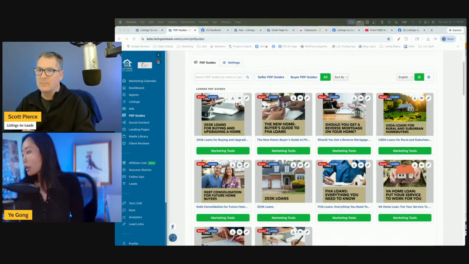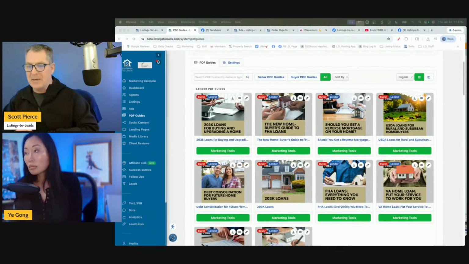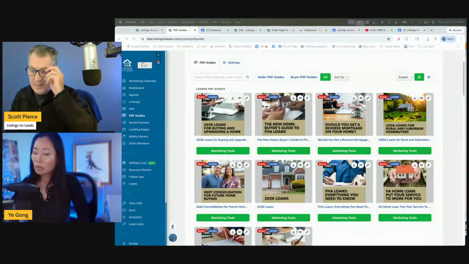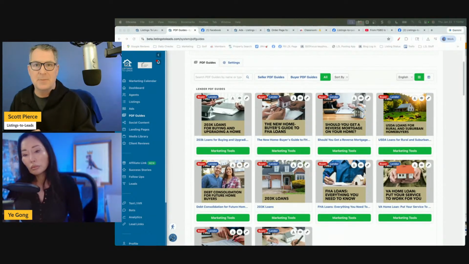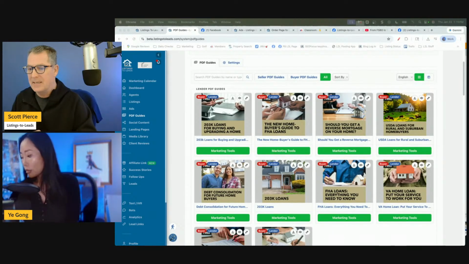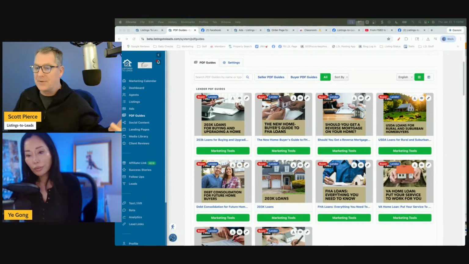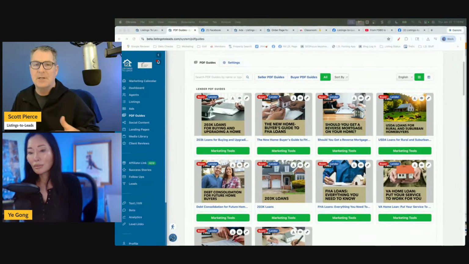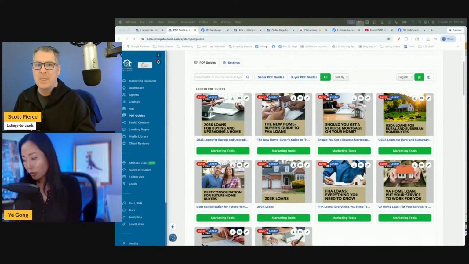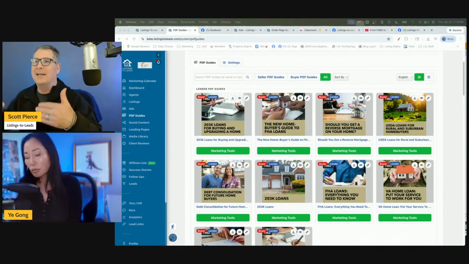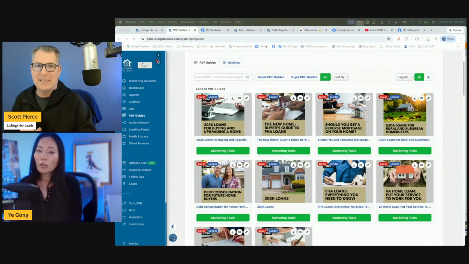Different debt has different issues. If we can do a PDF guide on that, that'd be awesome. Because for the person that's at 400, 350, that's a whole different conversation. But if you've got somebody on the cusp, we want to give them some information to walk them through. What are the things you can do without bringing in a debt consolidation or doing something absolutely drastic